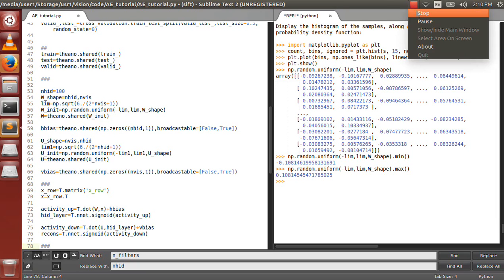Similarly, let's define the activity going down from the hidden layer. Activity down is equal to T dot U comma hid layer, and we'll add V bias to it, which is again broadcasted in the second dimension, and reconstruction is the sigmoid on top of this, right?